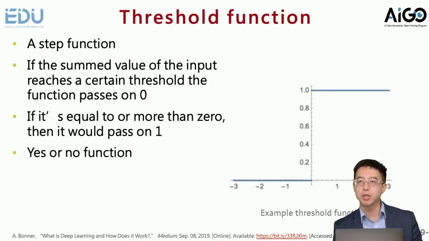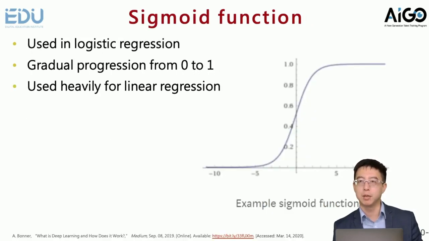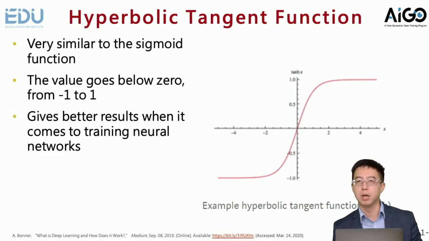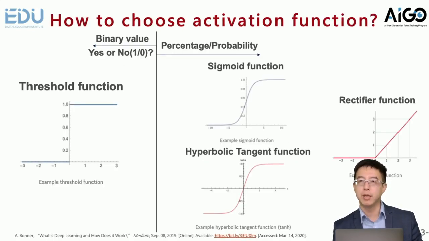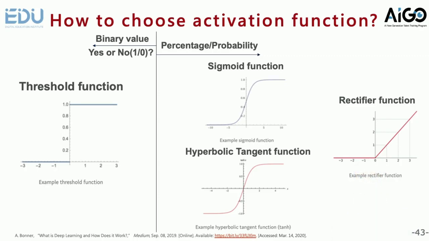So the activation function is more or less like the threshold function, but with different types, such as the sigmoid, the hyperbolic tangent sigmoid function, or the rectifier function. Different kinds of activation functions can be used in different kinds of classification tasks, because different tasks can be better fit by different activation functions. So how to choose an activation function is also a very, very important research issue when we do research.